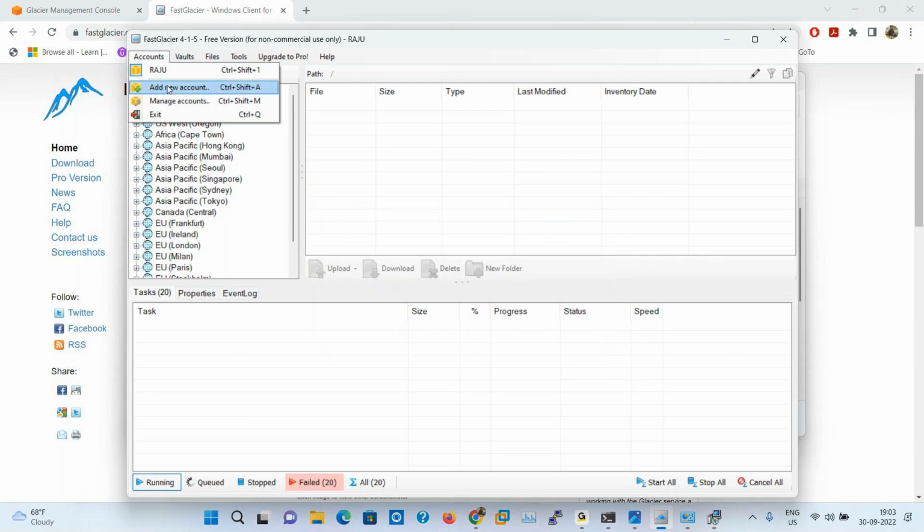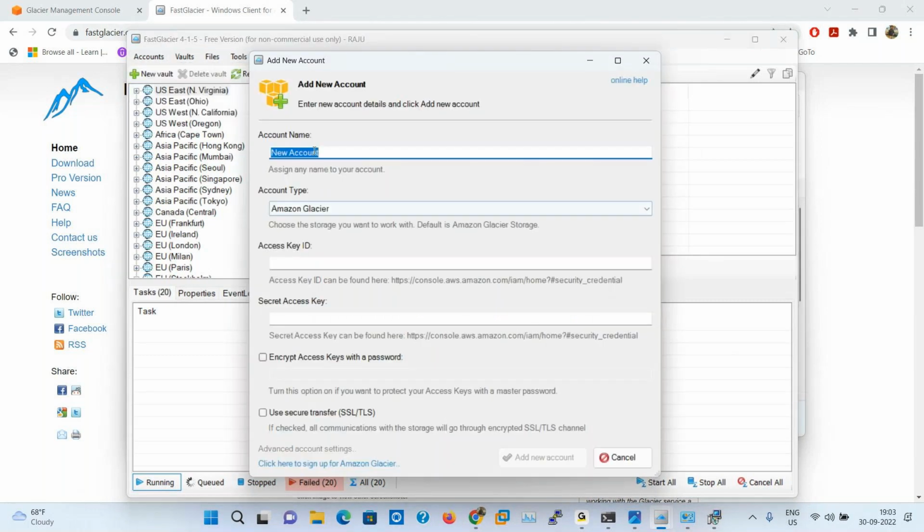Here, add a new account. The account name is Razu. Then account type Amazon Glacier. Here add the access key ID and secret key ID. You know how to add the access key ID.